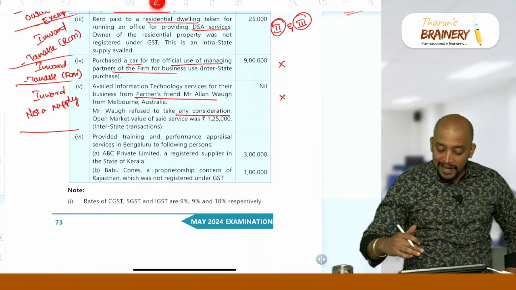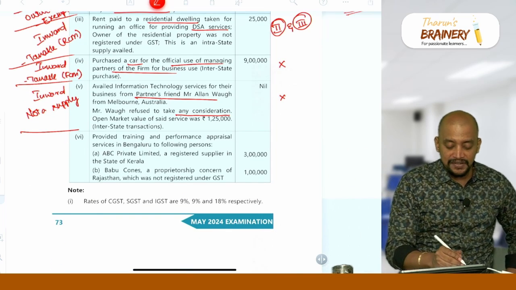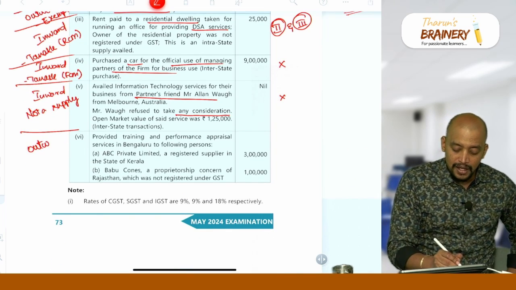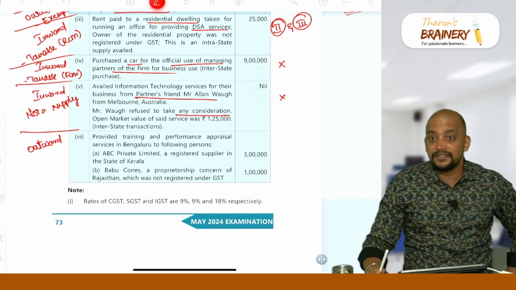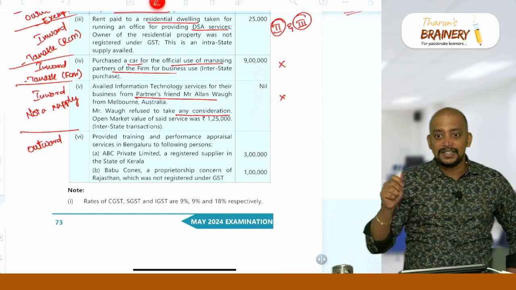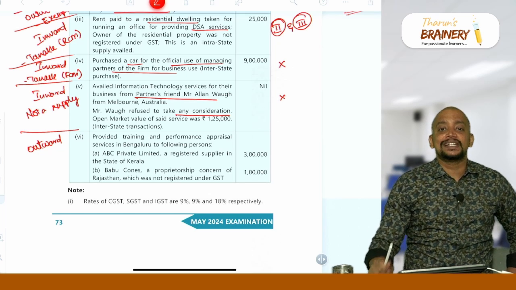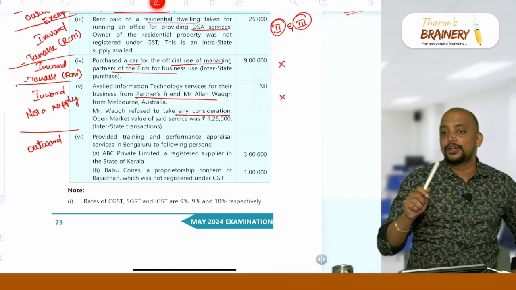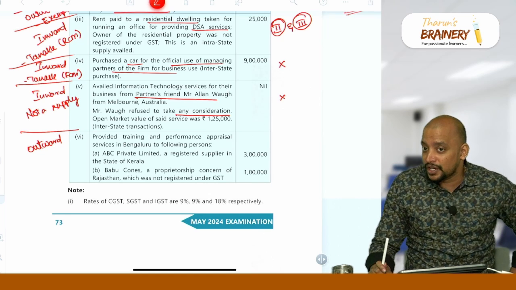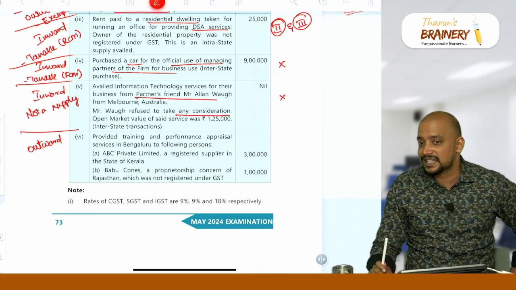Then provided training and performance appraisal services, inward or outward? Outward. Training and performance appraisal, what will be taken? So we should check B2B or B2C, because training and performance appraisal is in TOT. So for B2B, the place of supply is the location of recipient; for B2C, it is the location of performance, where the service is actually